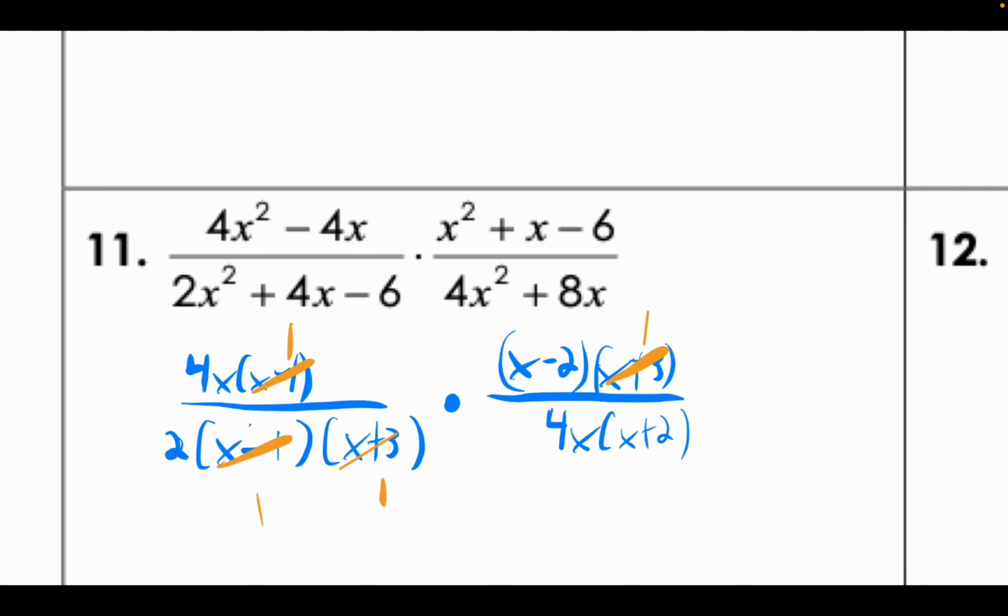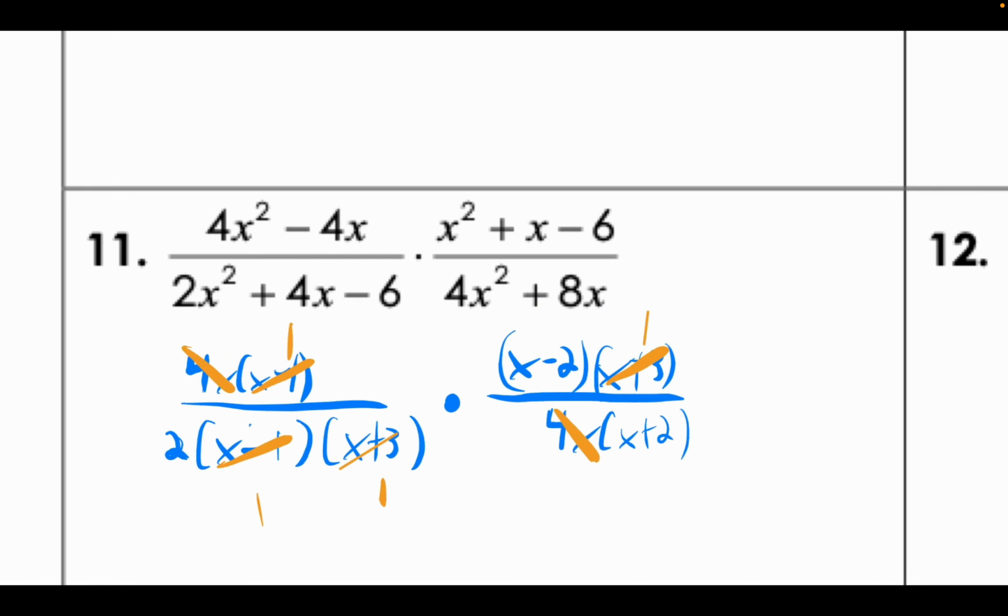And then I see, okay, well, what about GCFs out there, some monomials? 4x and 4x, those link up perfectly. I could reduce 4x and 2 by 2, but I see this as being a more straightforward opportunity, so I'm going to do that. If I reduce this still, I would still get the same correct answer, to be clear. What would happen there, I'll talk about that in a moment. But here, these reduce and just become 1, and I just end up now with an x minus 2, a 2, and an x plus 2, and everything else is just a bunch of 1s multiplying,